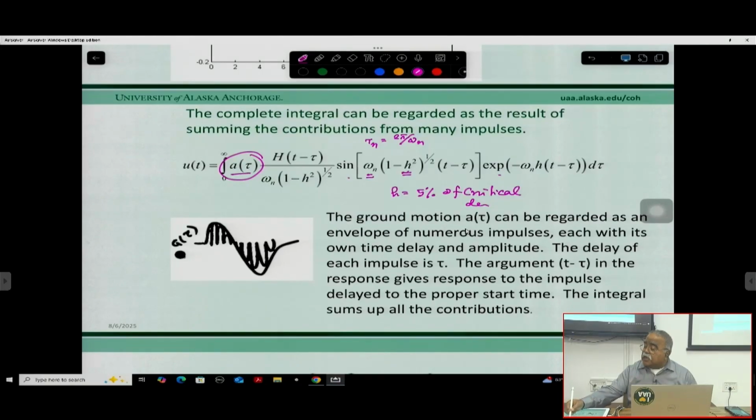We can start from a very low period, 0.04 second, to, say, 15 seconds. So the period will vary from 0.04 to 15 seconds,